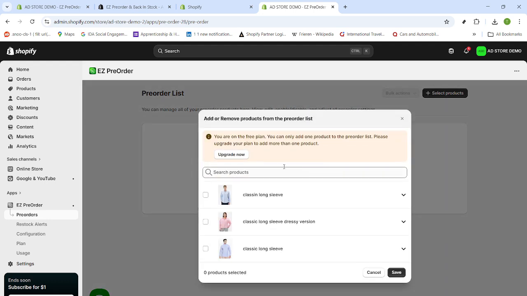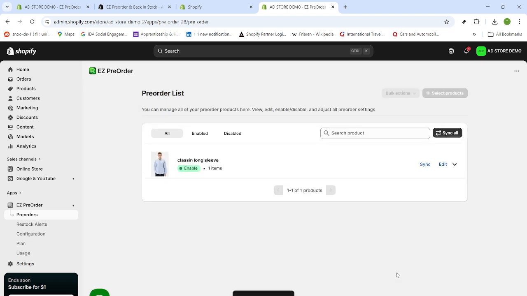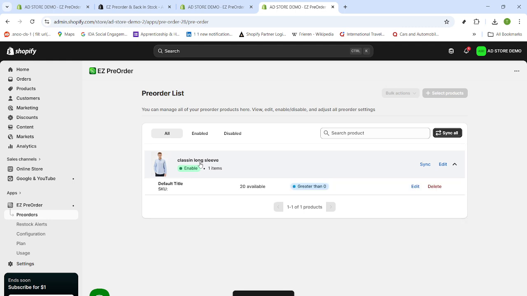Next, add the items you want to offer as pre-orders. Click Add Products to Pre-order List, then select Add Products. Choose the product or specific variants you plan to accept pre-orders for, and confirm your selection. Now open Edit Pre-order Settings. Here, turn on Start Accepting Pre-orders so the app knows to replace the standard Add to Cart button with your